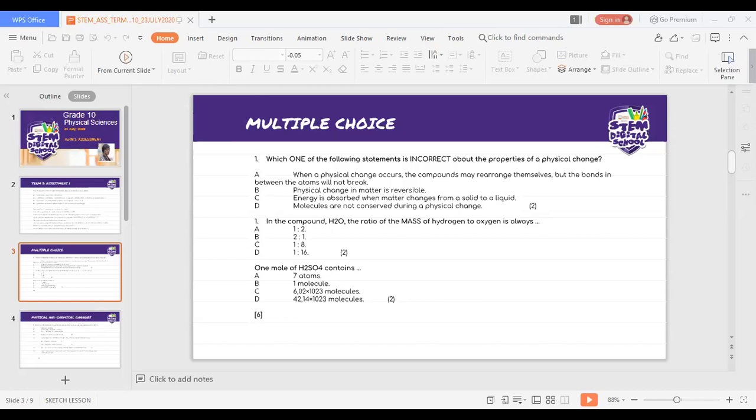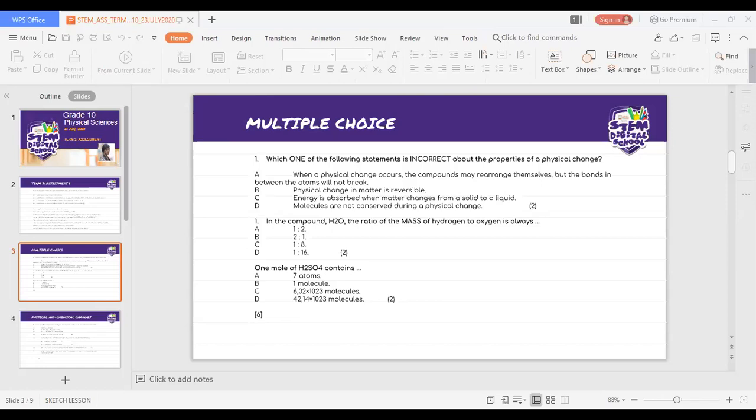Okay, no problem. I'll go through all of them. So this is our number two, which is the physical and chemical changes, right? The first question was our multiple choice, and our number two is the physical and chemical changes. So this is from number 2.1 to 2.4, right? So the next one is